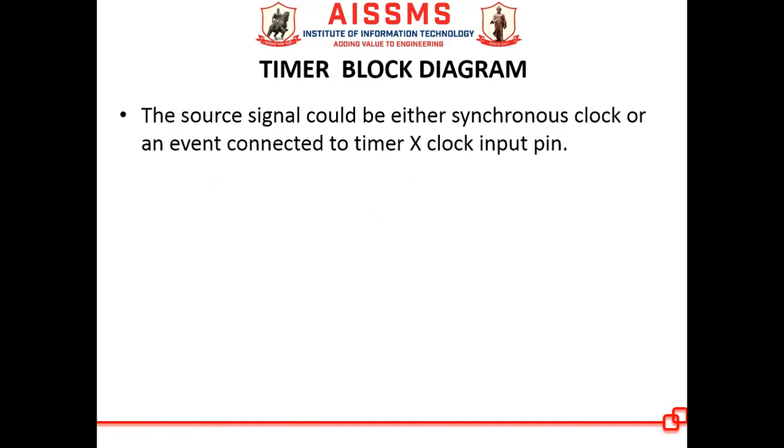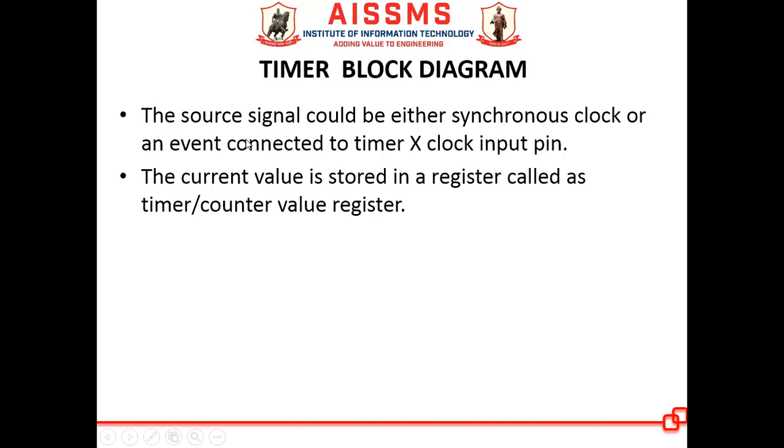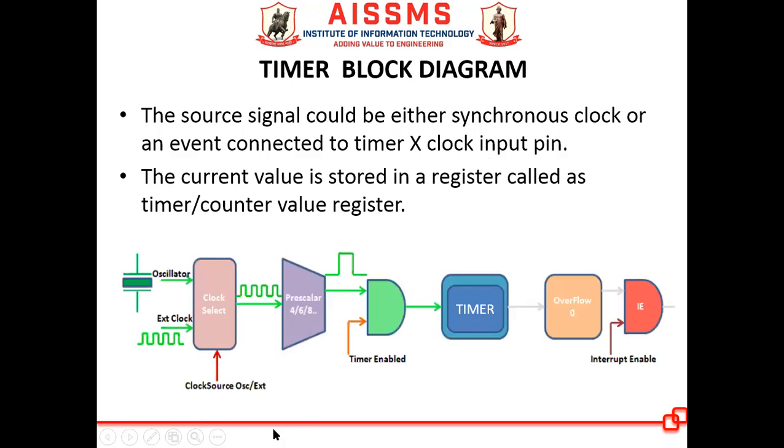So if you take a look at the block diagram, then you can see first thing is the source signal can either be a synchronous clock, as I said, or it could be an event which is connected to the timer X clock pin. Now X will be equal to 0, 1, 2 depending upon how many timers are there. And the current value is stored in a register which is called as a timer or a counter value register. So this is a block diagram. So this is a timer,